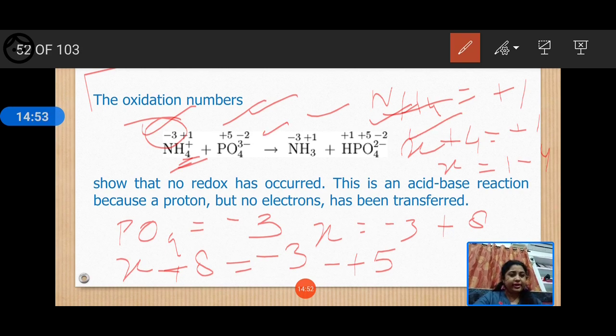So you cannot find any change in the loss and gain of electrons. So what we will see is that the oxidation numbers show that no redox reaction has occurred. This is an acid base reaction because a proton but no electrons has been transferred. Okay,